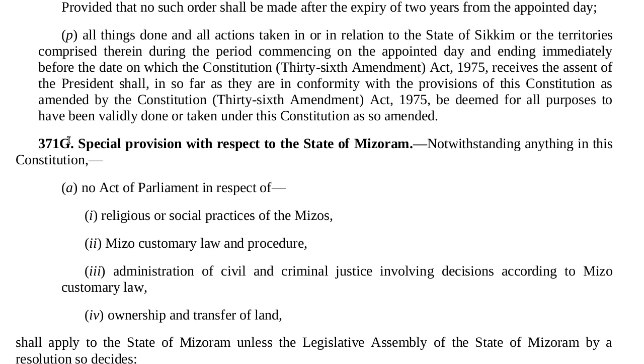Article 371G, special provision with respect to the state of Mizoram. Notwithstanding anything in this Constitution, A. No act of Parliament in respect of 1. Religious or social practices of the Mizos, 2. Mizo customary law and procedure, 3. Administration of civil and criminal justice involving decisions according to Mizo customary law, 4. Ownership and transfer of land